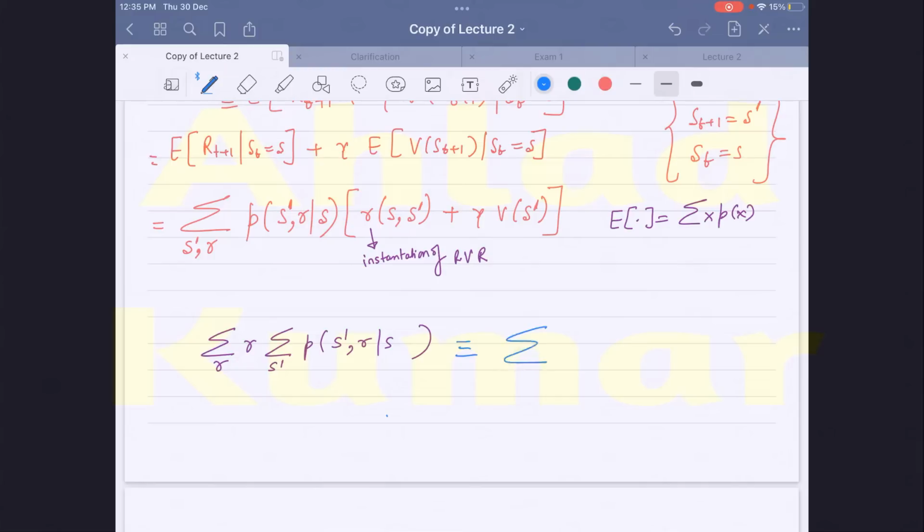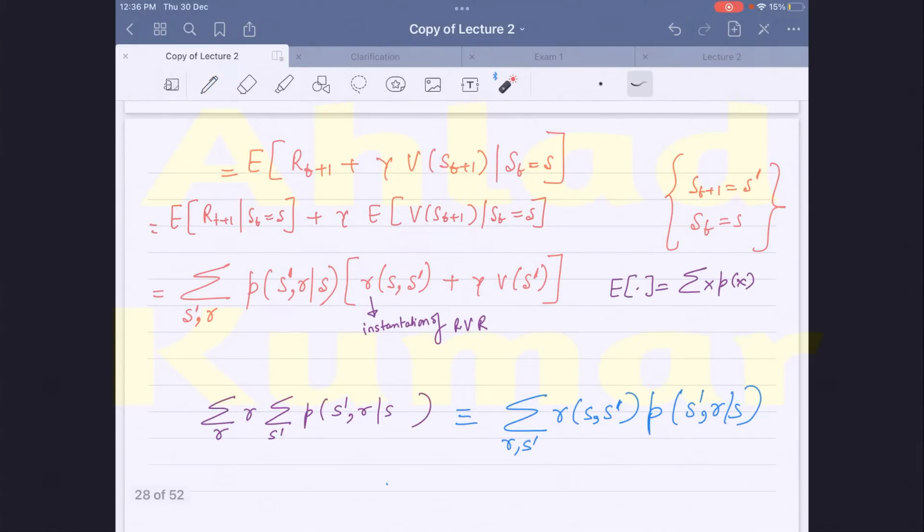So we can replace them by a single summation over r and s prime, and then we know that r is a function of s and s prime. If it is a function of s and s prime, then we can write it like this times this. So this is already the same, and the second one is gamma times the expected value of this,